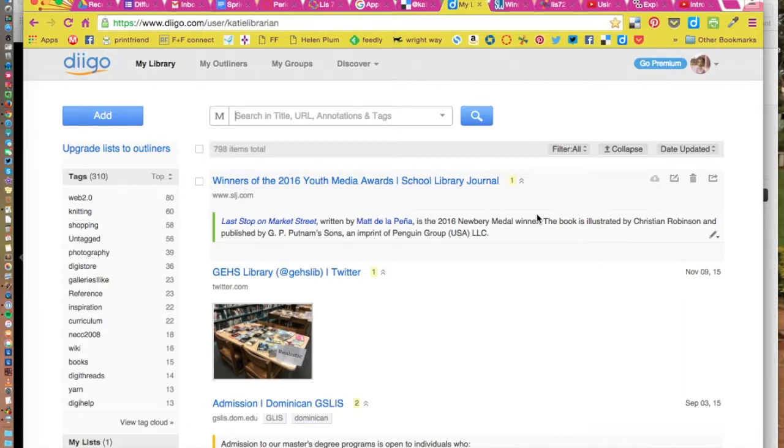In both of these cases, with Delicious and with Diigo, there are tons of other things you can do. You can follow people. There are groups you can join. But for me, the power of both of these tools is the fact that I can access these resources from anywhere. And then I can also search my tags, or I can search other people's tags to find